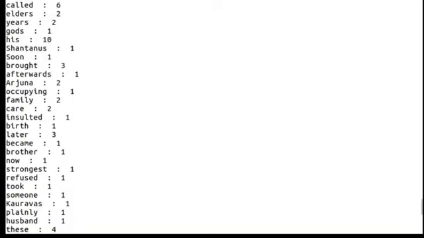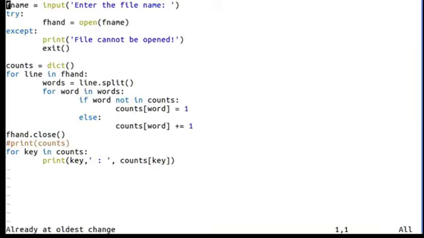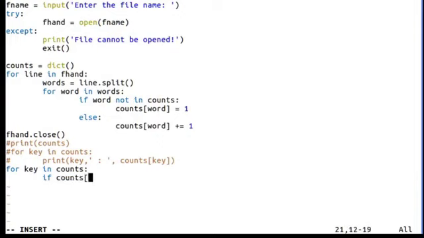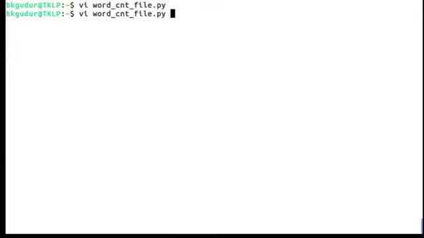So let us consider our program. If I open our program now, I'll comment this and even this. What I do, for key in counts, same for loop I'll use, but now I don't print all. If counts of key is greater than some predefined value, let us consider greater than 5, then only you print it. Okay, so it is going to print that value. Very simple. Instead of printing all, we are going to print only those key value pairs whose count is more than 5. So simple underscore